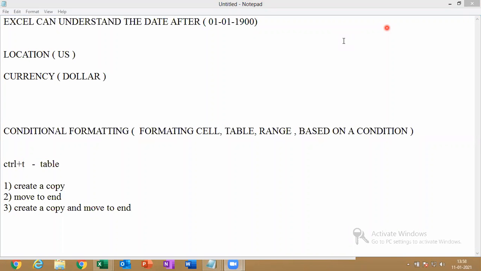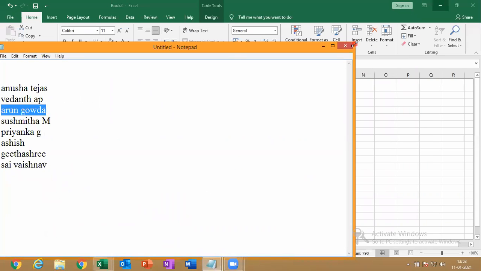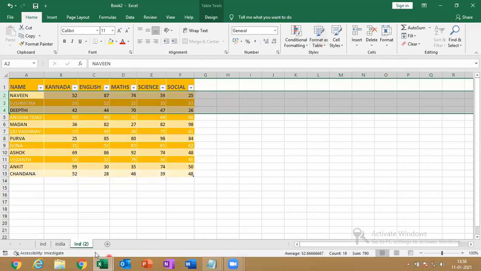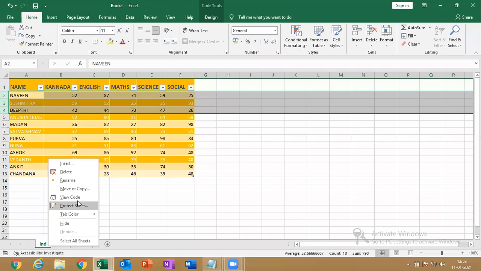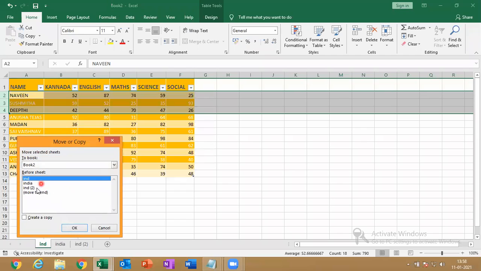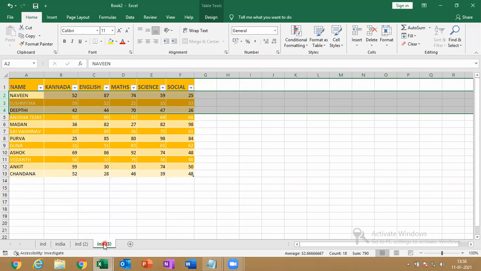Yes, sideways now. We can drag it also. Let me show you that also. Now what I'll do again: we have created a copy and we have moved to the end. Now again go for move or copy. Select that sheet, create a copy and then move to the end. Two options together. So the IND sheet will be copied and moved to the end, so IND3 will be in the last.